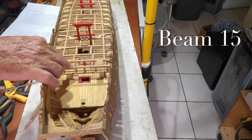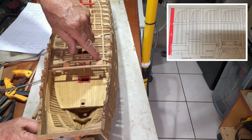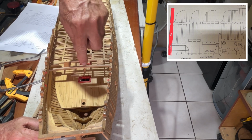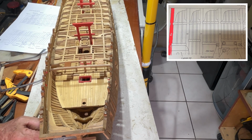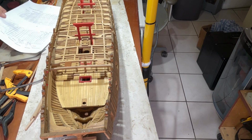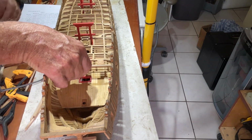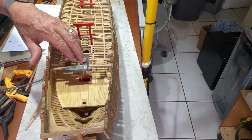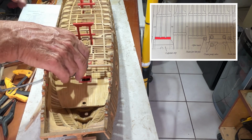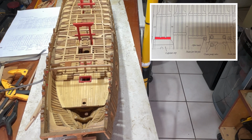We're installing upper deck beam number 15, and I have two spacers in place and am making sure it's lined up straight with the hatch below, and believe it or not, it's as perfect as it's going to get. And so the next task is simply to mark off the upper openings, and I'm doing this first with a pencil because it's really very difficult to see the lines when I mark them